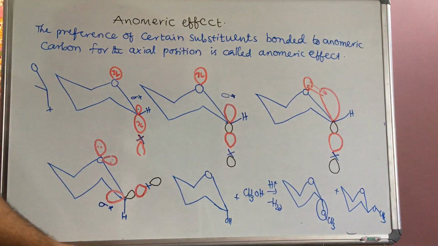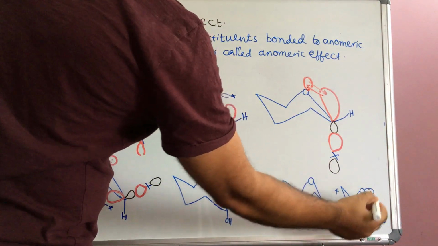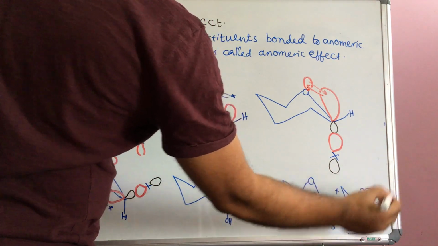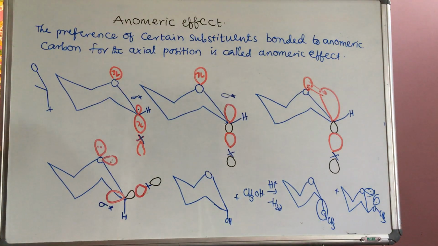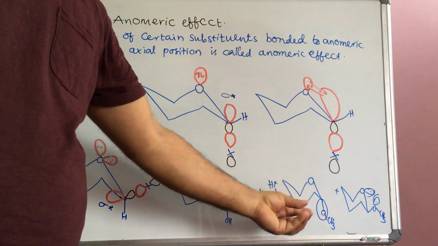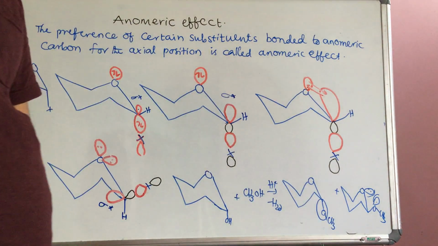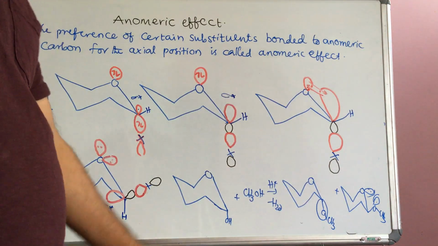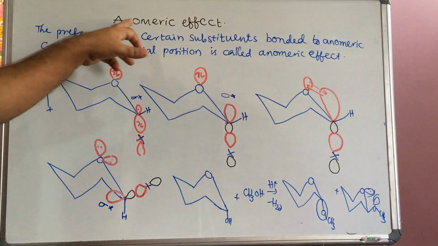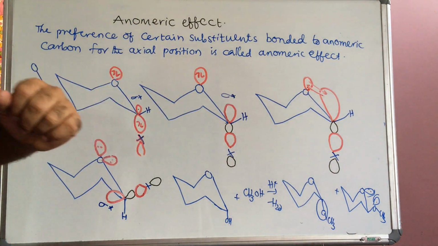Then it will be OCH3 at the equatorial position. We already know the reason, and one more reason is the lone pair of oxygen at the equatorial position. Here also there is a lone pair, so there is electron repulsion, and that is less stable. That's why some groups prefer the axial position. This is the most stable form, this is the less stable form. In competitive exams they will give a few structures and ask which of the following is more stable. Then you have to remember the anomeric effect. So the axial position is more stable.